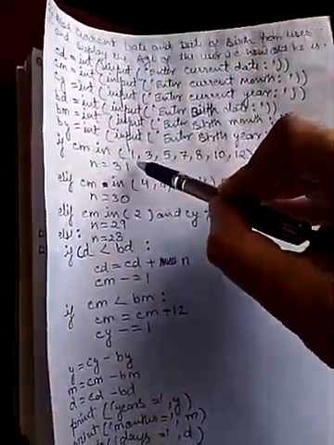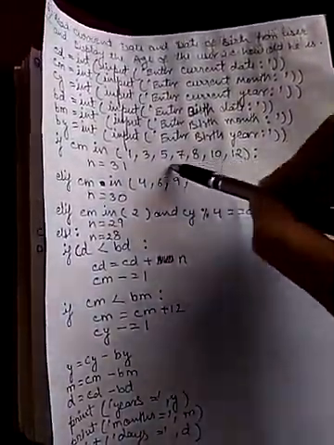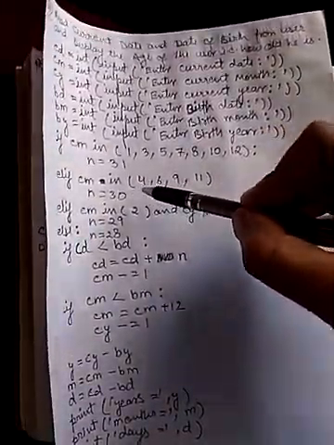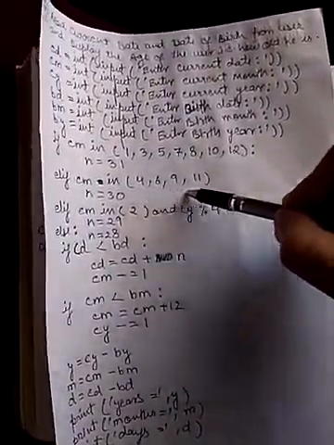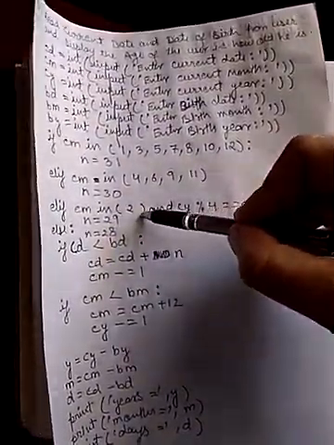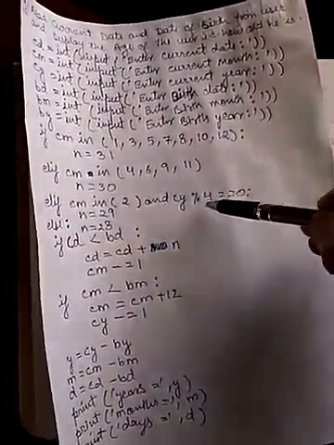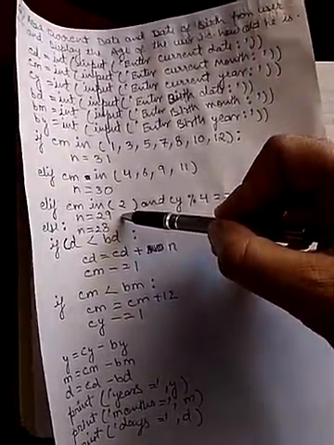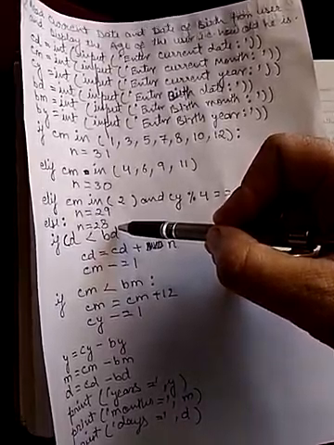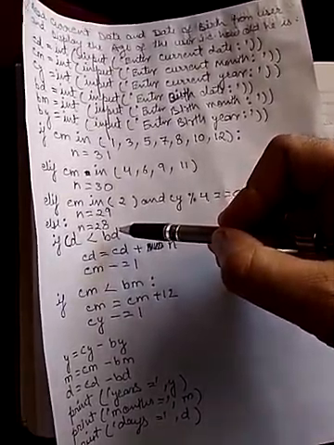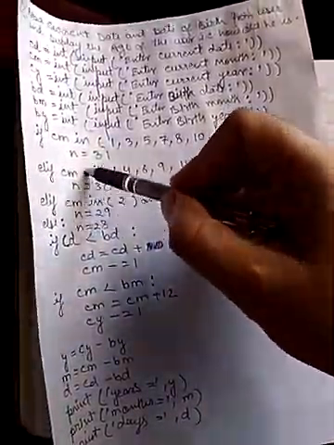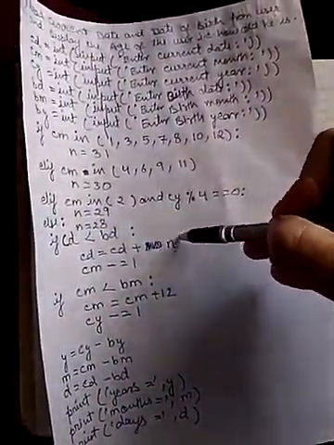Now to get the exact number of days to be added, we have checked if the current month is having this value, means it is for 31 days, then n will be 31. If the current month is having this value, then n will be 30 days. If the current month is 2 and it's a leap year, then the number of days will be 29, and if none of the conditions is satisfied, then the number of days will be 28.